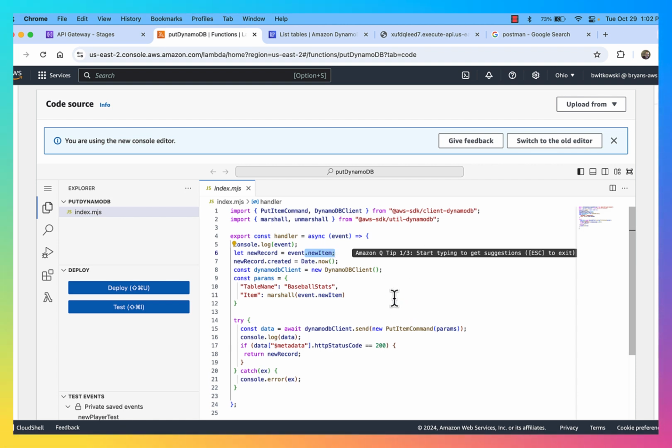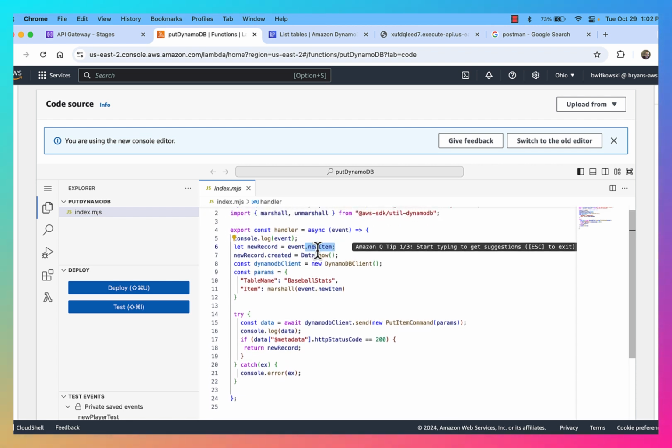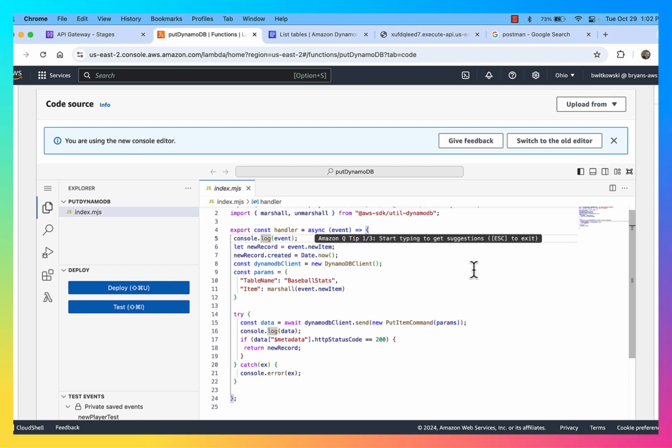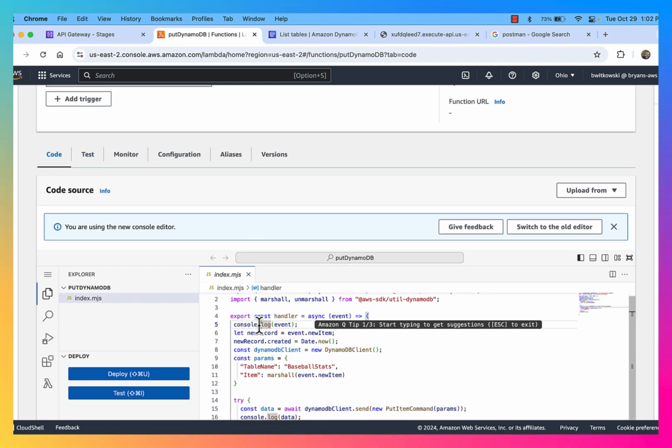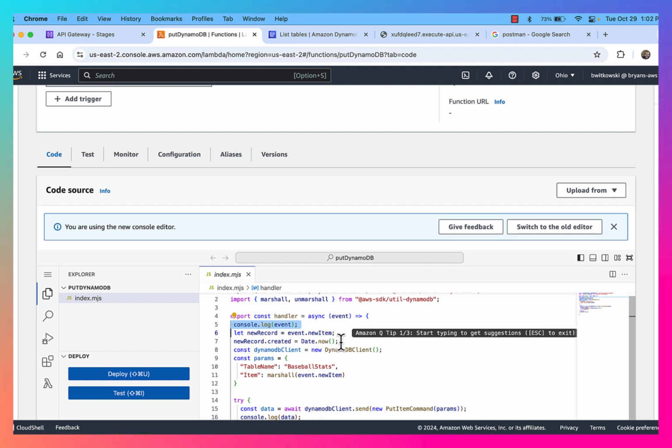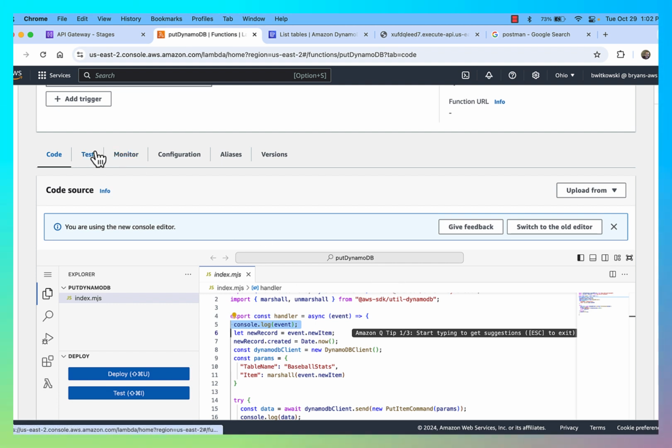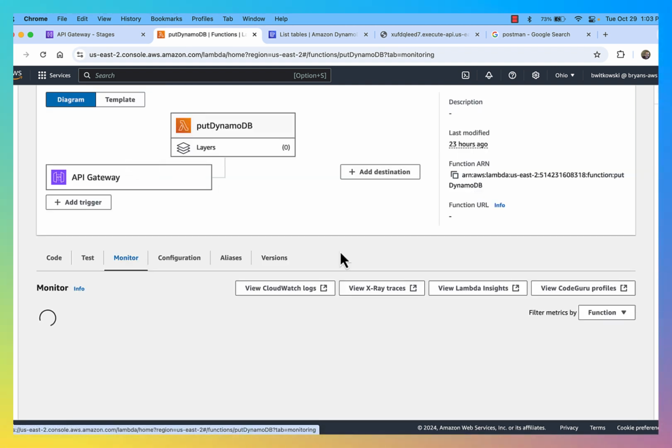Okay, so I'd like to be able to test this, but the reality is you'll notice I'm not getting this console.log because I'm not triggering the event from a test method. I have this console.log message right here on line 5, and you'll notice that I don't have any console.log messages where I've executed this code, but the code did get executed, and where I'm going to look is CloudWatch to see what actually happened. So if I go to my monitor and I view the logs in CloudWatch,